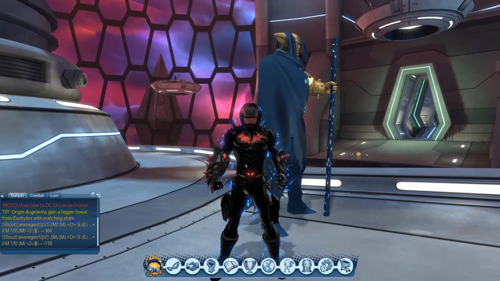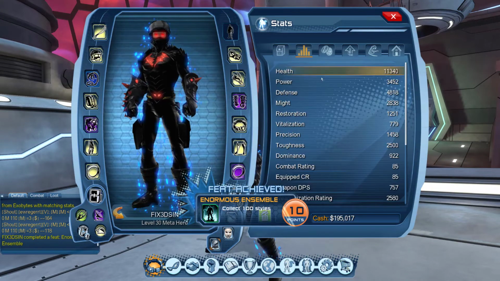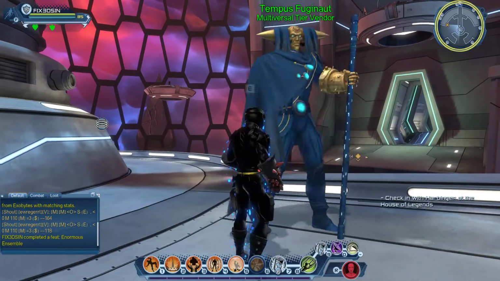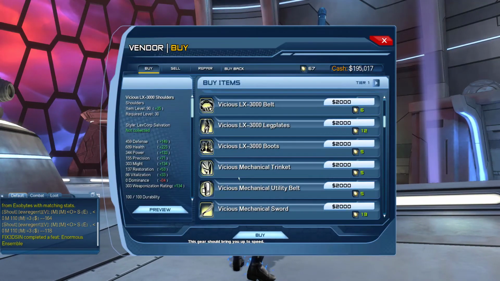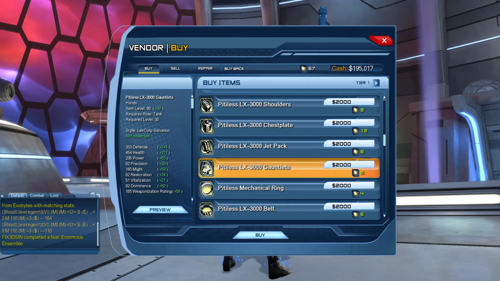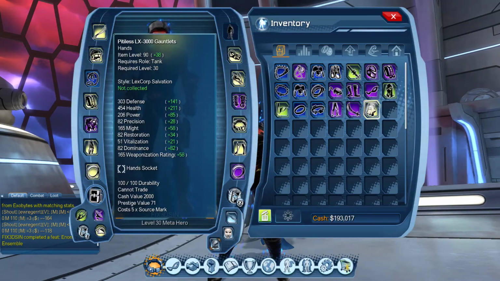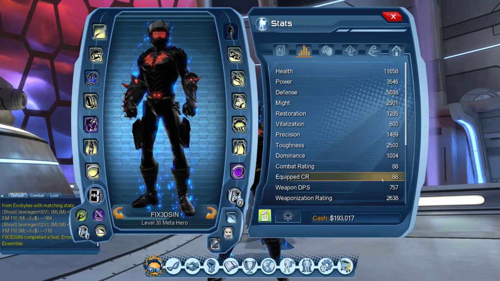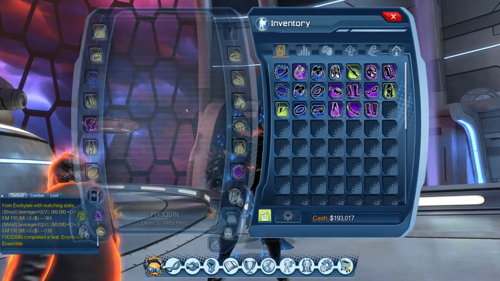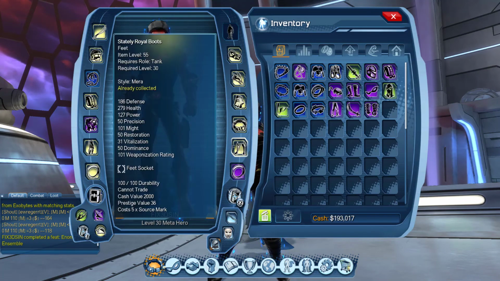I don't know if that puts me into CR tier 3 already. See, look at that, I've gone from 75, I've jumped up 10 CR points. It's absolutely insane. We're just going to get the hands as well, and hopefully that boosts us straight up. It still hasn't boosted us straight up, okay. 60, 90, 62...